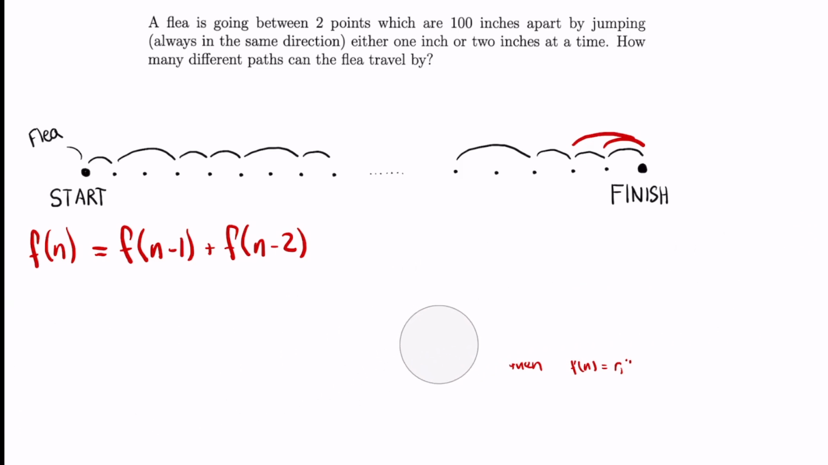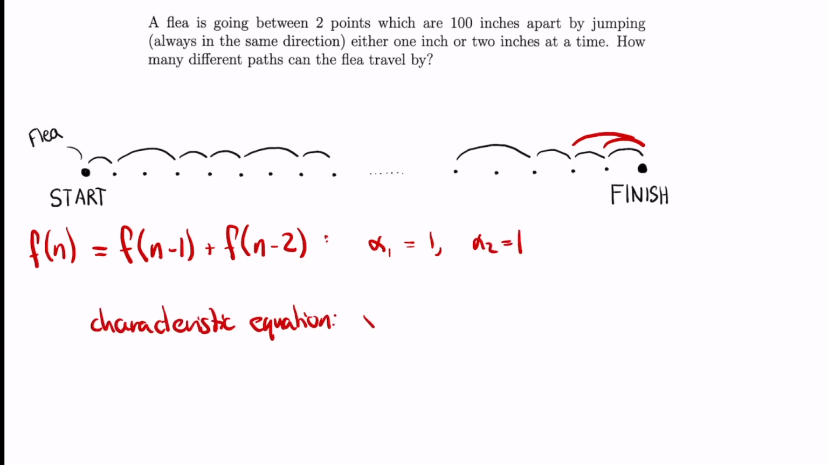To apply this theory to our flea problem, let's first find the roots of our characteristic polynomial. Since our recurrence relation is given by f of n is equal to f of n-1 plus f of n-2, our alpha 1 and alpha 2 are both 1, so the characteristic equation is x squared minus x minus 1 is equal to 0. Using the quadratic formula, we get the two roots 1 plus the square root of 5 over 2